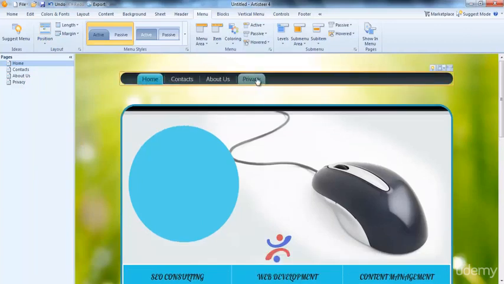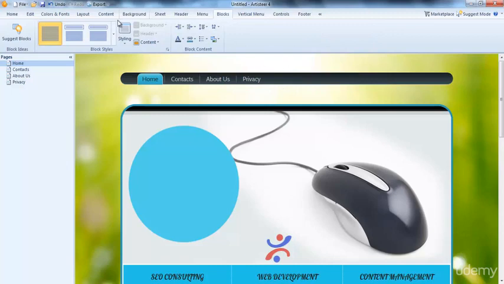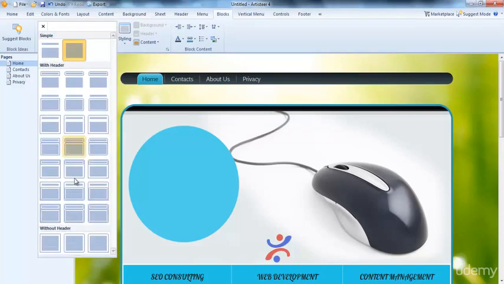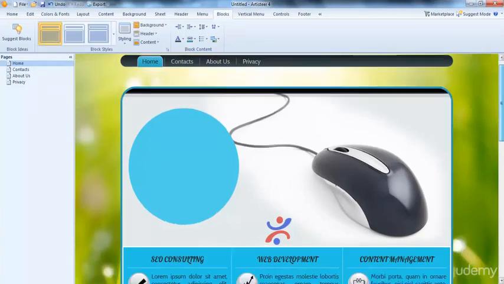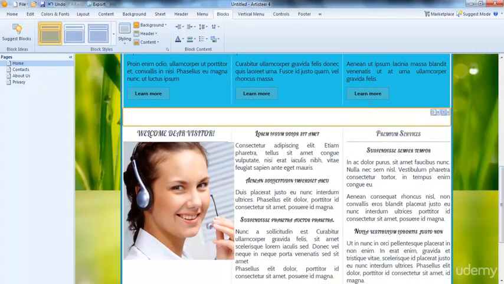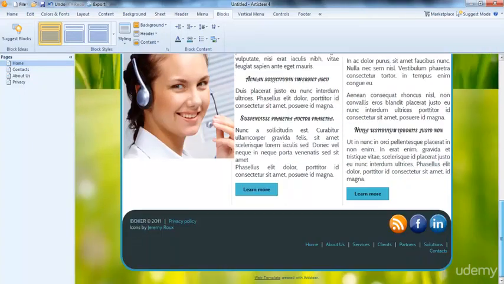You can see. The blocks. Also, you have a lot of options. And you can see the change directly here.